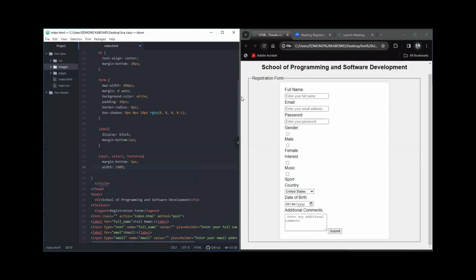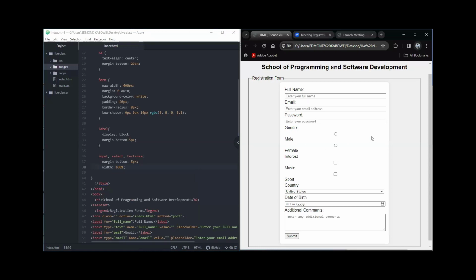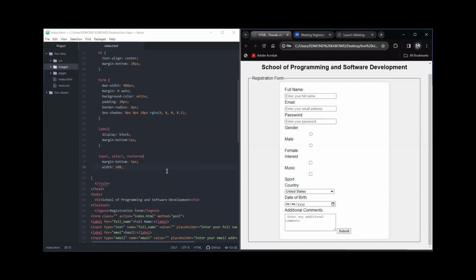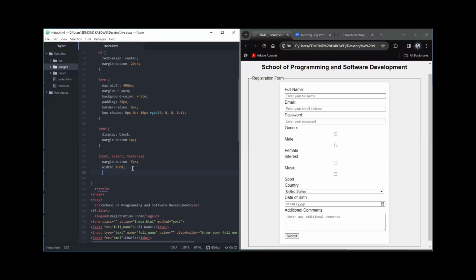So let's see first of all how 100% displays. 100% takes out the whole space on the form, and if I make this 50%, it's going to take 50% of the form space itself. So I want it to be 100. Now we have that, and we're also going to have padding, just a little padding of 8px,